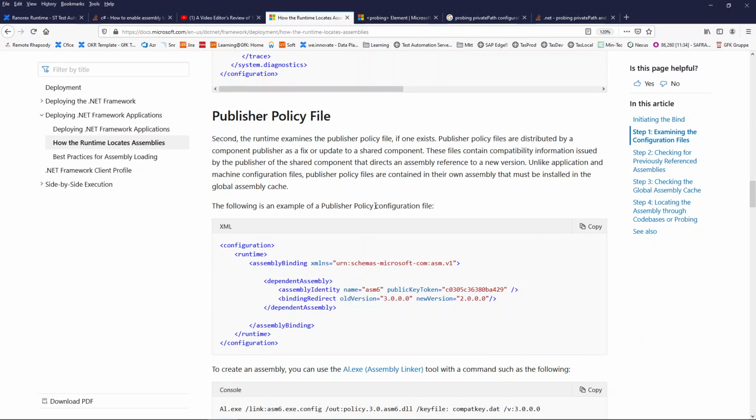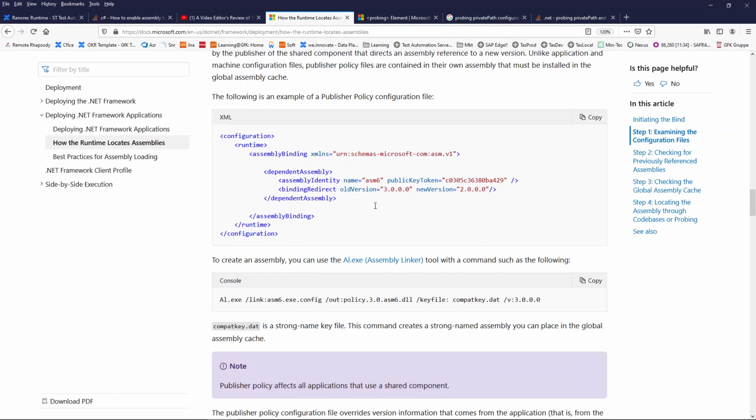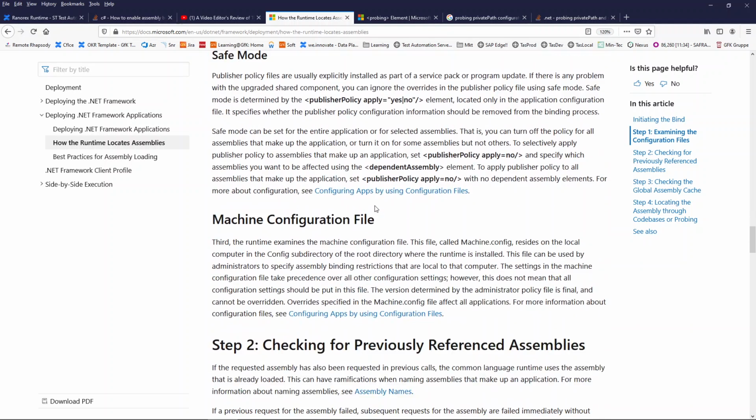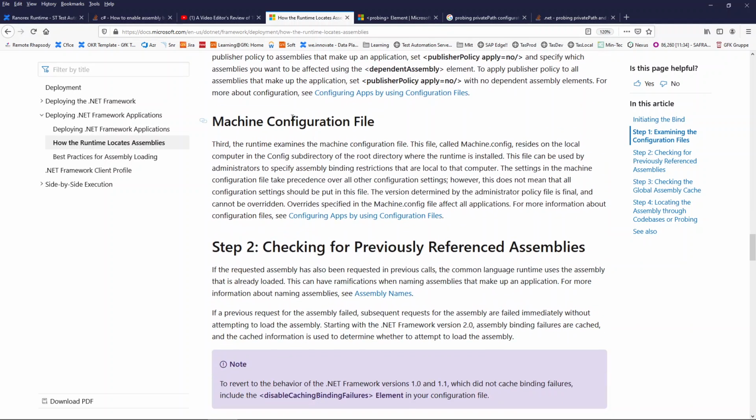There are different rules which are explained. It says that settings in the machine configuration file take precedence over all other configuration settings.